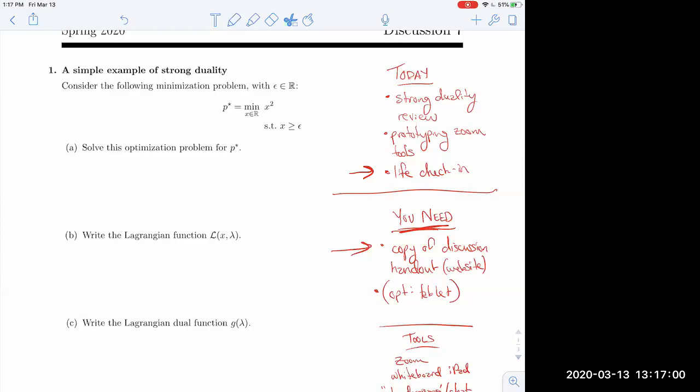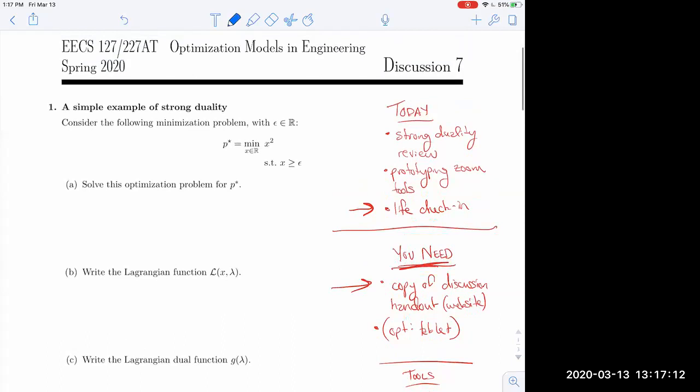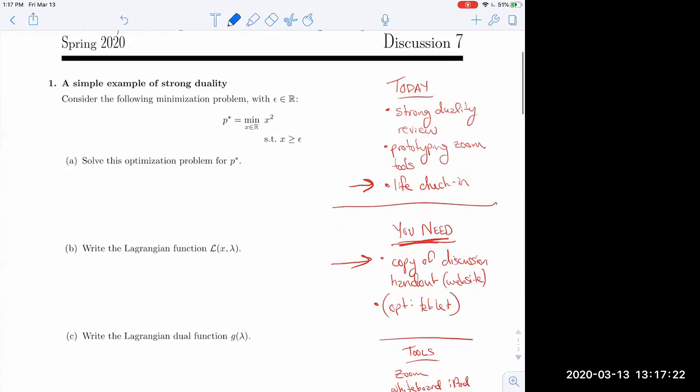So with that, I will move on to the actual substantive content insofar as it exists for this session. Today, as I mentioned, we're going to be talking through a couple of examples of strong duality that are very similar or identical to what you've already seen in lecture, as a quick review of some of these tools that you'll have to use over and over again later. If you do find today challenging, then definitely do that review. I know this stuff wasn't on the midterm, so maybe you haven't looked at it yet. Maybe this is a good chance to get up to date on that.